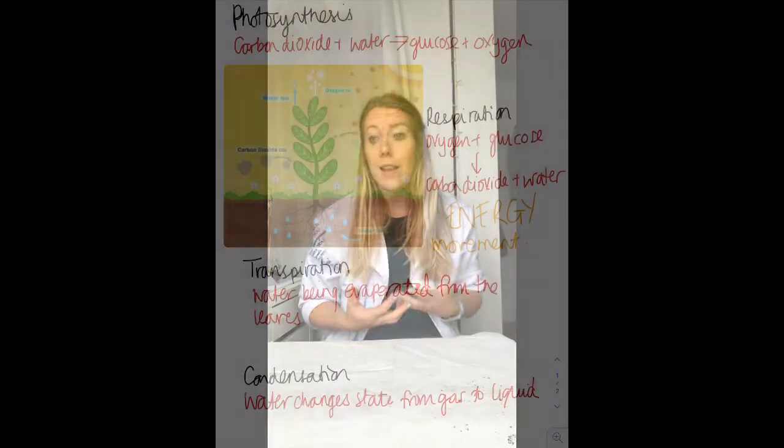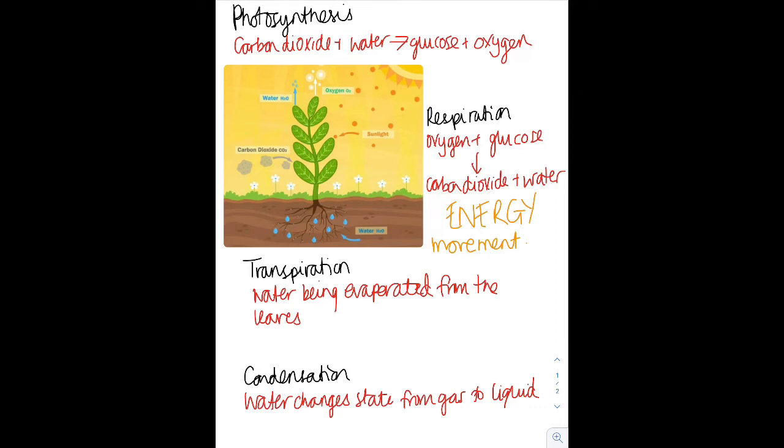So what we're going to look at today is about making a little greenhouse for your plants. We don't always have lots of space and we want our plants to grow as quickly and as well as they can. In our greenhouses, we're going to have a few different processes taking place. Now we make the greenhouse to try and use what we know about how plants grow and what they need to make them grow their very best as quickly as they can so that we can produce as many plants